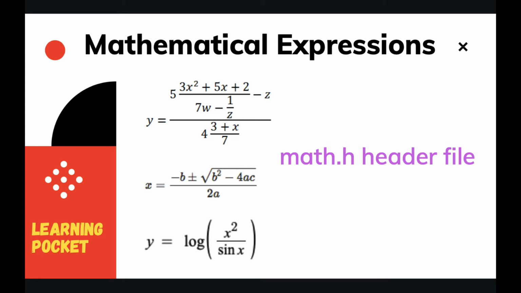We cannot simply type them exactly as you can see here itself. We cannot use this symbol or the superscript of 2. These are even illegal characters. And you cannot simply write down log and expect the program to output a logarithmic answer. So this is not how things work in C or in any programming language.